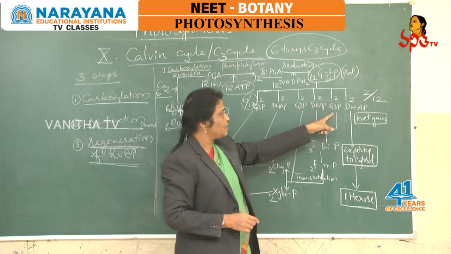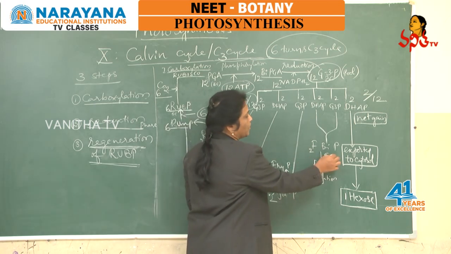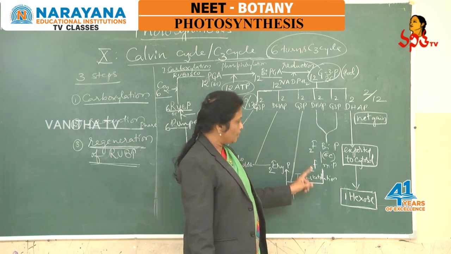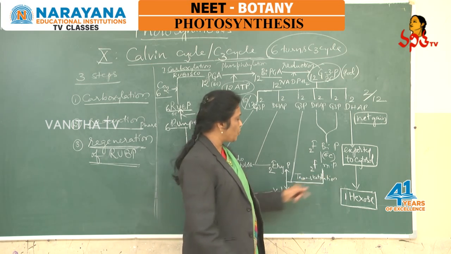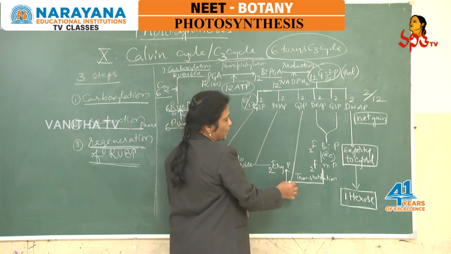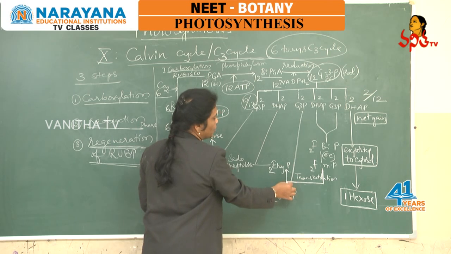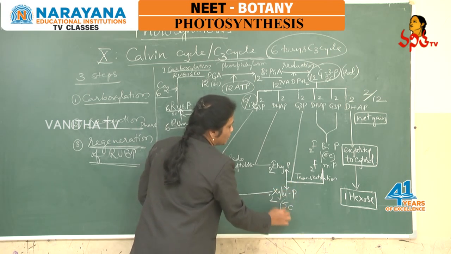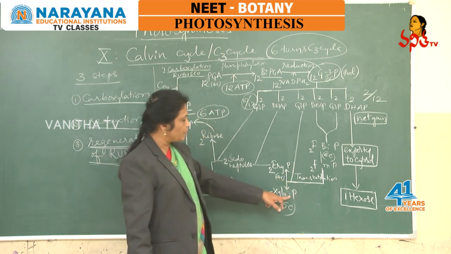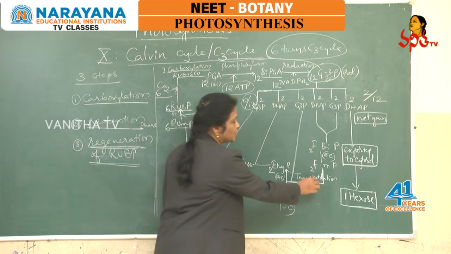Here is the condensation of G3P and DHAP forming 6 carbon compounds, that is fructose bisphosphate, 2 molecules, then converted into fructose monophosphate molecules. Then 2 molecules of this fructose are again involved in transketolation along with 2 more G3P molecules and split into a 5 carbon compound, that is xylulose, and a 4 carbon compound, that is erythrose. 2 molecules of xylulose and 2 molecules of erythrose are the products of the first transketolation.